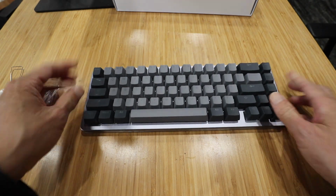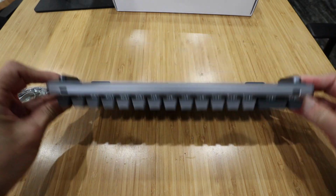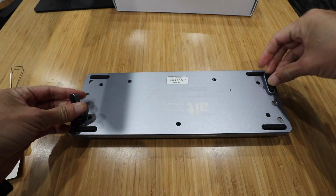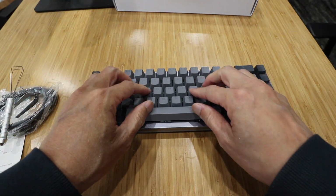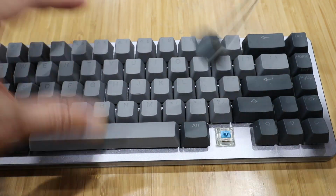You can have it tilted this way, tilted up, or you could put the risers on this side, and then create a where the back is tilted up, which is kind of weird typing, but some people may like that. All right,